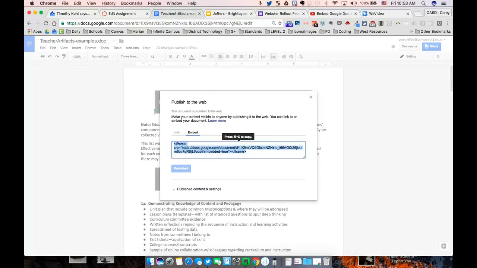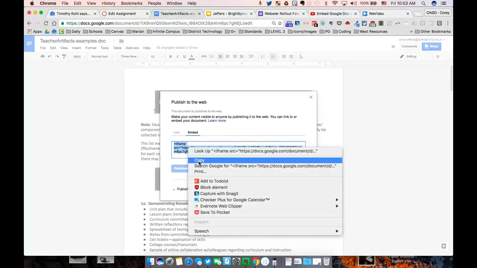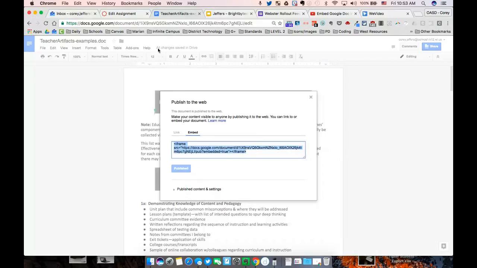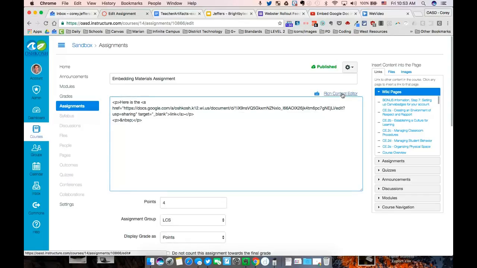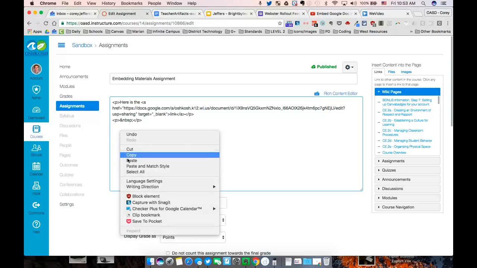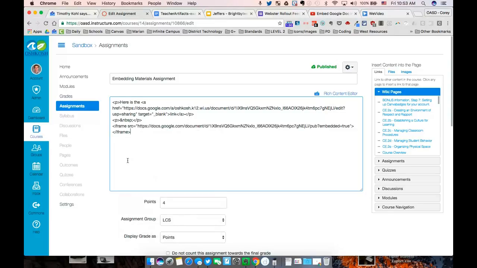You can push Command-C or Control-C in order to copy, or right-click and copy is fine too. Now I'm going to head back to my assignment description in Canvas, and I'm going to paste that material in here. Now normally with the link I can just paste it up in here. However, with the embedding code, I'm going to have to go over to where it says HTML editor. This can look a little scary at first, but if you just return below all of the other text up there and simply paste the HTML embed code in there, you're going to now have a live document that's available